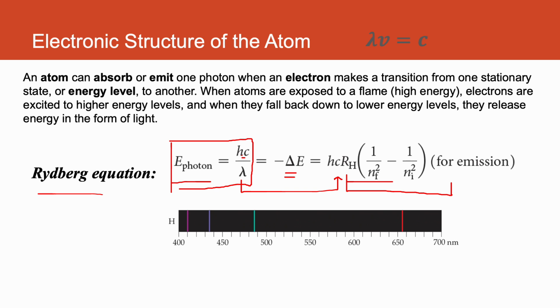Okay, so you just need to correlate this equation to this Rydberg equation, then you can actually find the energy of your photon. Okay, so first you find the wavelength, which is given sa inyo, which you can solve coming from your Rydberg equation, and then you can plug it here since your Planck's constant is actually constant, no, and your speed of light is constant. So if you have your wavelength calculated, then you could actually calculate